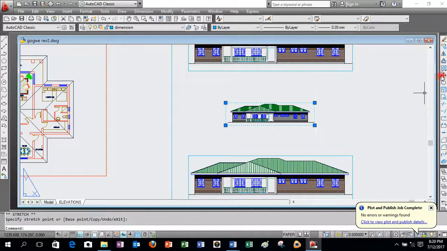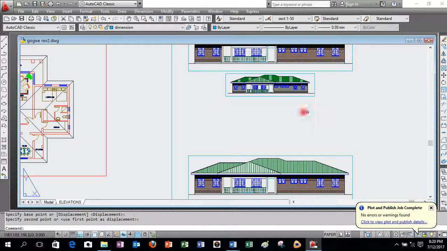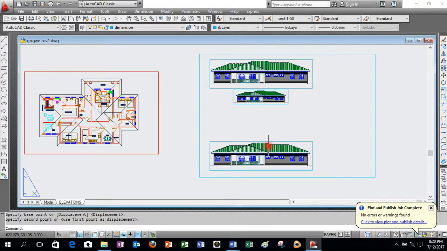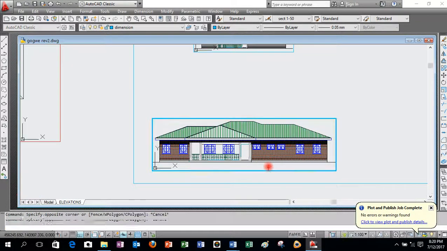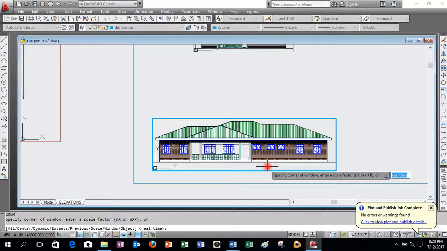Then I'll move this maybe from here to somewhere there. Okay, and then maybe let me change this. It should be to a scale, I'll double click. Of course, another for zoom scaling is a zoom, you press enter, then yes, you press enter, then you have 1 slash, maybe to a scale of 1000, then we'll say